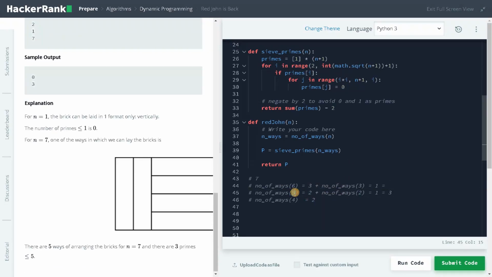Okay, I missed for 5 we have to add another number of ways. So number of ways of 1, that will be 1. So total will be 3, and for the number of ways of 5, this will be 3, and this total will be 4, and number of ways of 3 is again 1, and if you add it together, the total number of ways is 5. So we have found the total, and I guess you guys would have already known the sieve